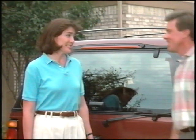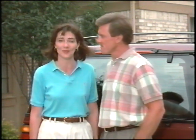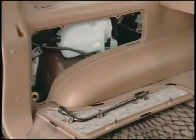Well, I guess that brings us to the spare tire. Yep. We hope you never have to, but if you do ever need to change a tire, we've got some helpful hints that will make things easier. On the 2-door model, the jack handle is stored beneath the carpet in the rear cargo area, while on the 4-door, it's located behind the split-folding rear seats. Other components such as the jack, lug nut wrench, jacking instructions, and a handy pair of tire-changing gloves are stowed